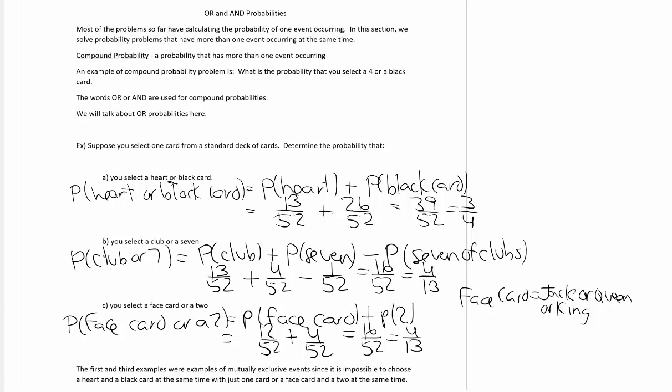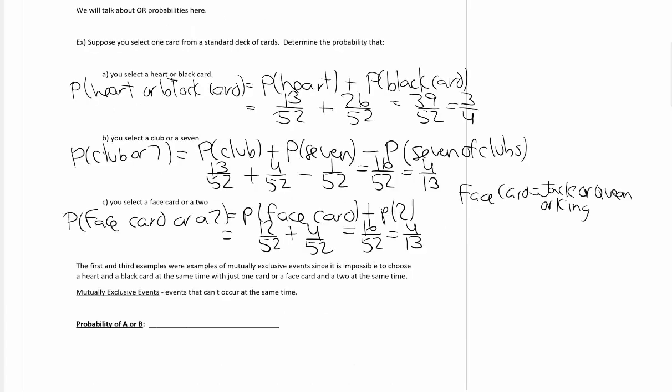So the first and third examples were examples of mutually exclusive events, since it is impossible to choose a heart and a black card, okay, with just one card, or a face card and a 2, only selecting one card. So mutually exclusive events are events that cannot occur at the same time. So if they're mutually exclusive, the probability of A or B is equal to the probability of A plus